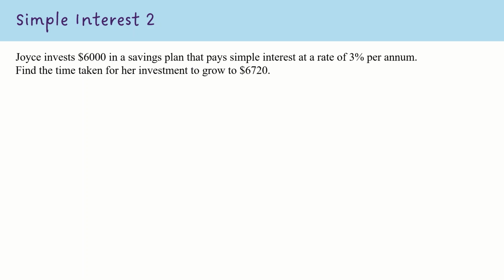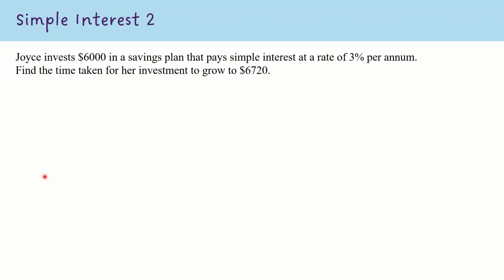We now take a look at another example whereby Joyce invests $6,000 in a savings plan that pays simple interest at a rate of 3% per annum. We want to find the time taken for her investment to grow to $6,720. So again, from the question itself, we will identify the key information that will help us to